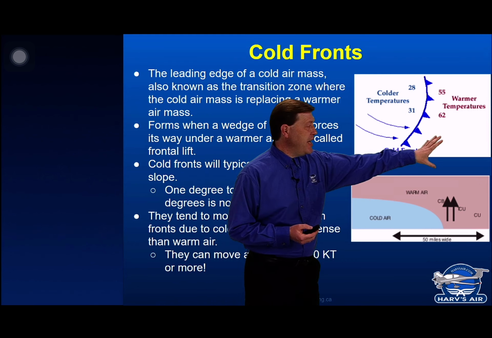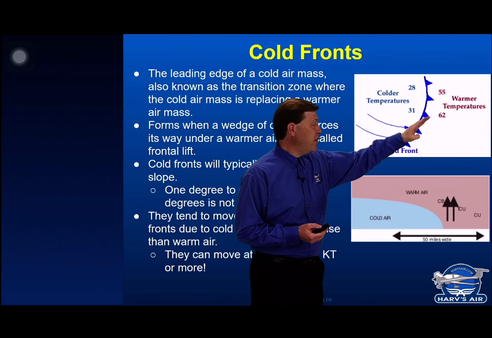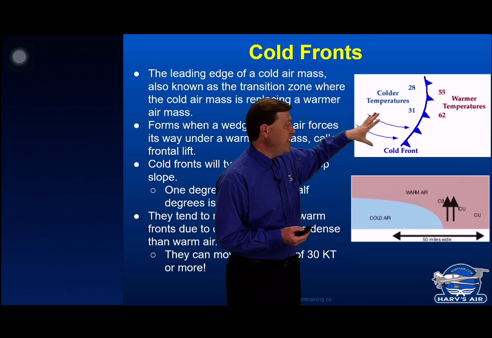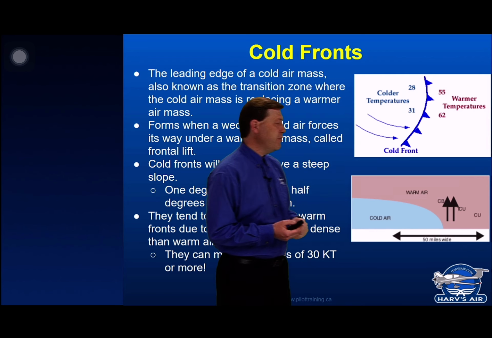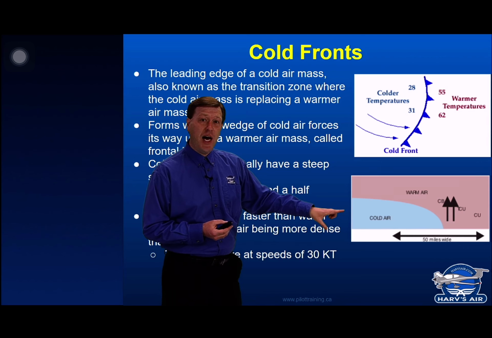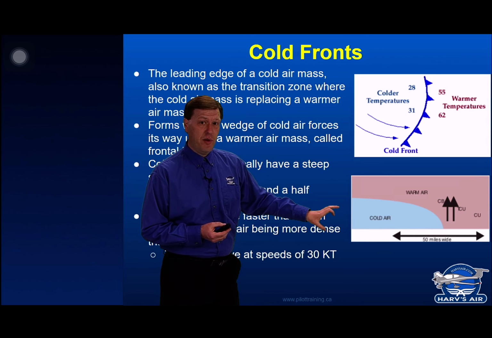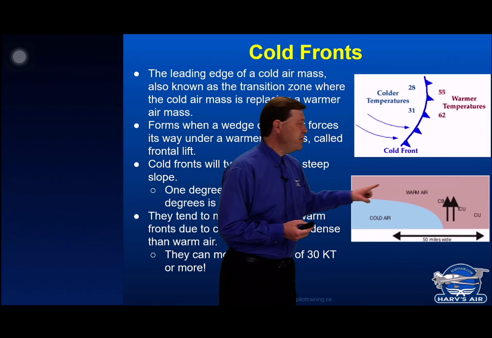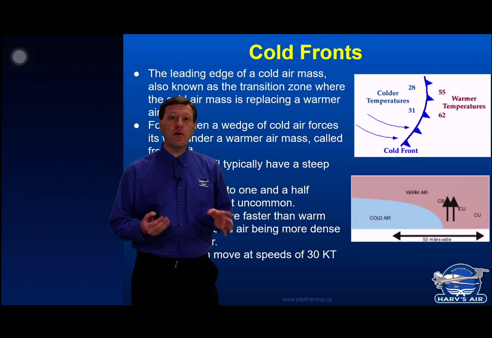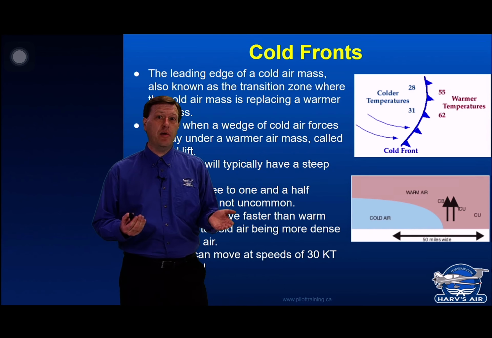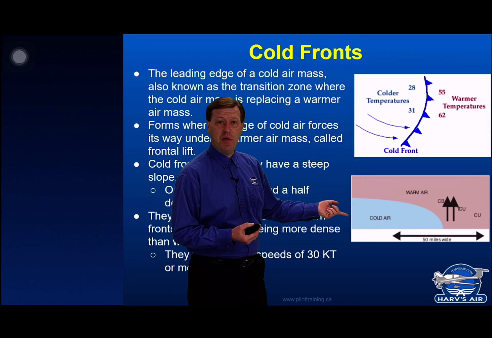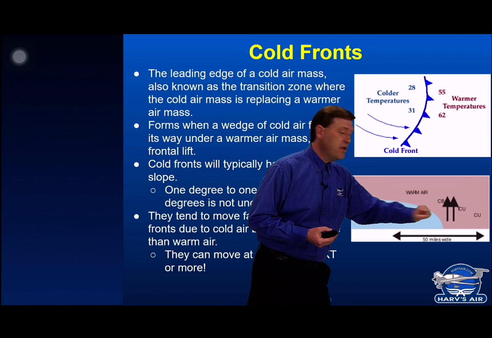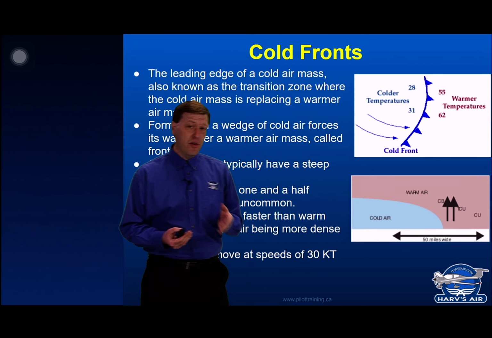You can see the warm air mass on this side. These temperatures here are in Fahrenheit, obviously. Colder temperatures back here, again in Fahrenheit, and you can see that cold air pushing through. Now, looking at it from the side, and we'll go take a look at a three-dimensional view in just a moment, you can see this warm air here. And you remember that principle of cold air blobs moving around in terms of air masses? Well, look at this cold air blob. You can see that it kind of comes down and sinks and then moves ahead like that, undercutting the warm